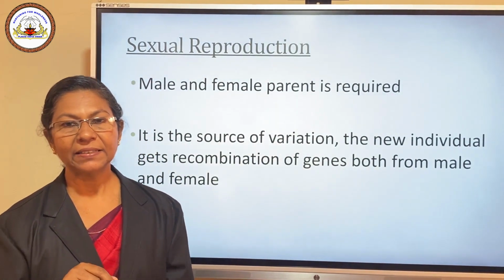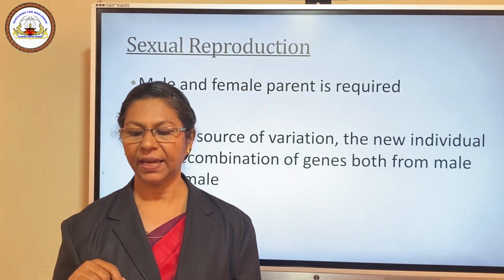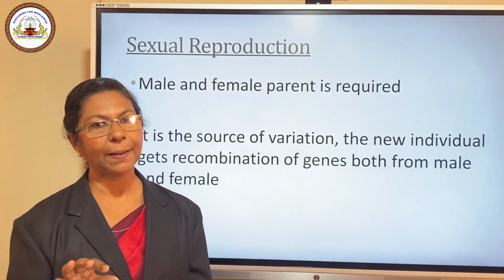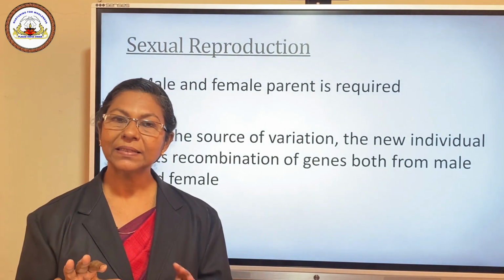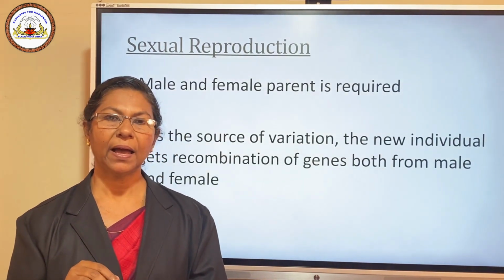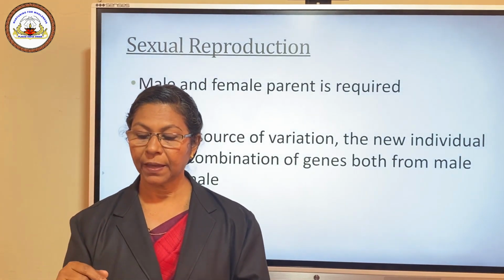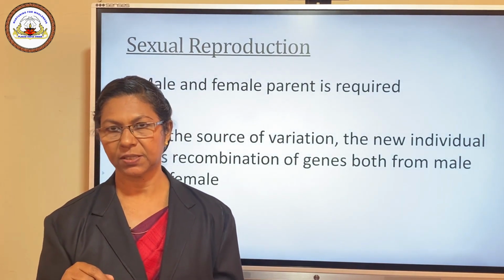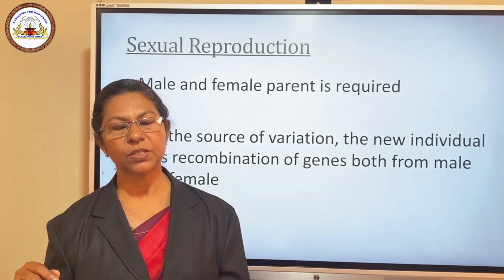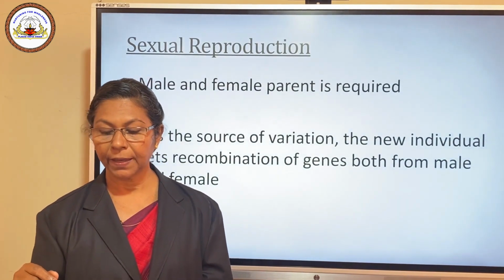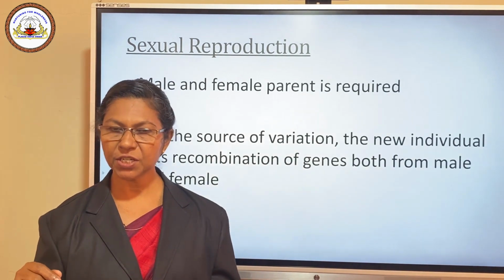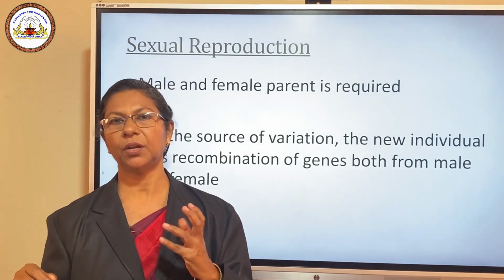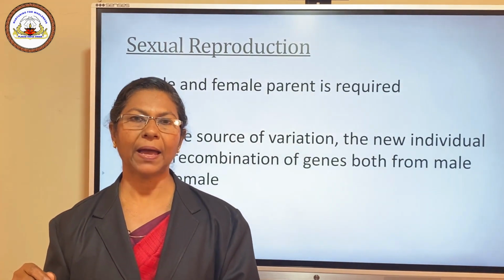We studied that at the time of cell division, there is copying of DNA as well as the cellular apparatus. The DNA copying mechanism cannot be absolutely accurate because certain errors will form in the DNA copying and it will create some variations. In a population, variations are useful for ensuring the survival of the species. Sexual reproduction is the source of variation. The new individual gets a recombination of genes from both father and mother.